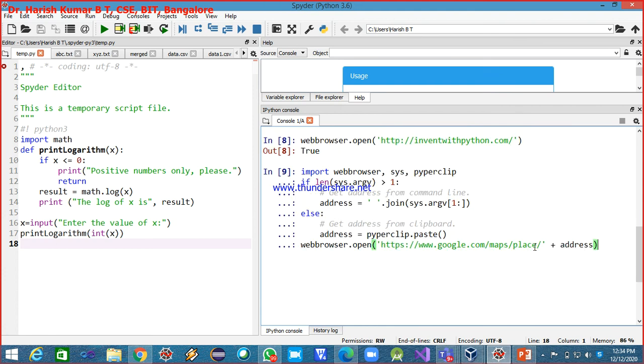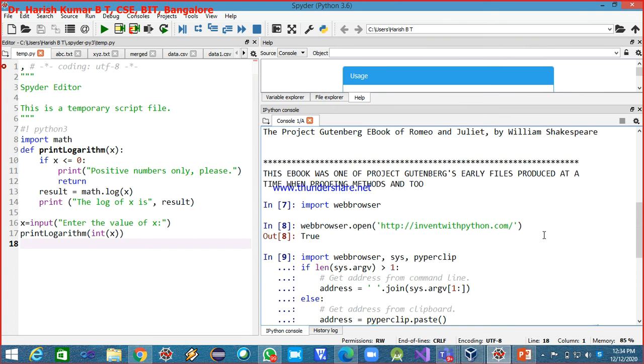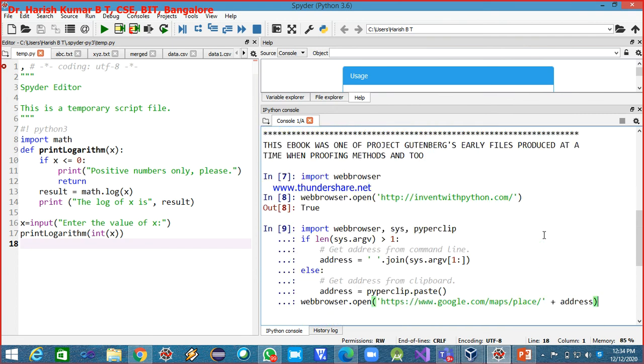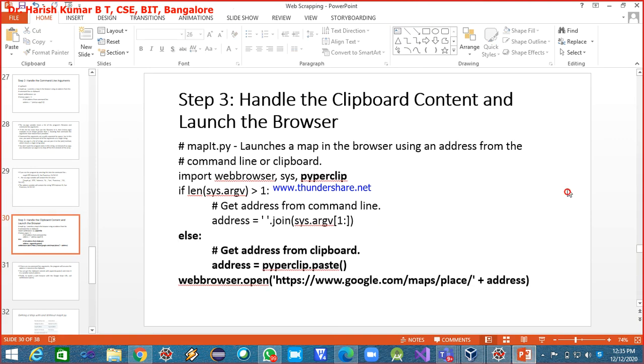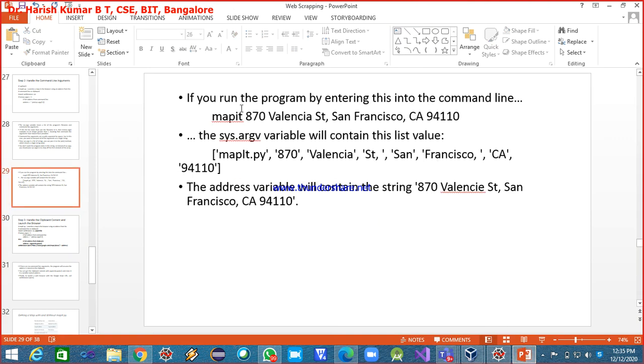Okay. Let me copy the address first. I want it to take from the clipboard. I'll copy the address.